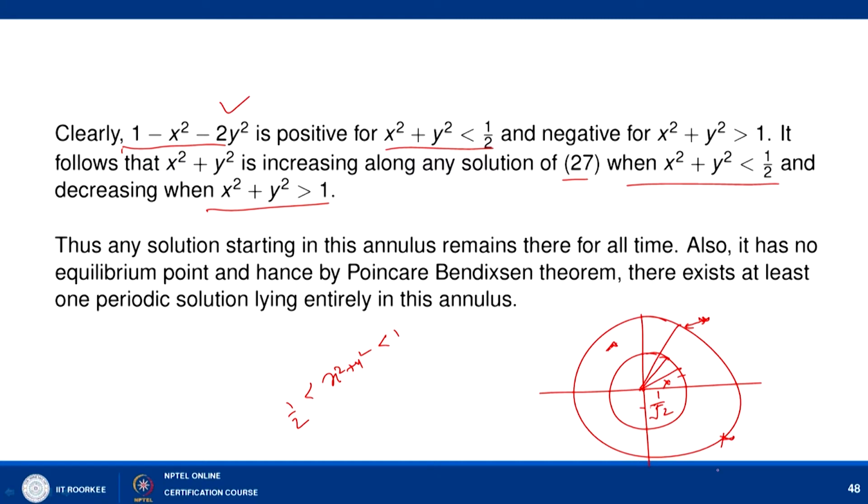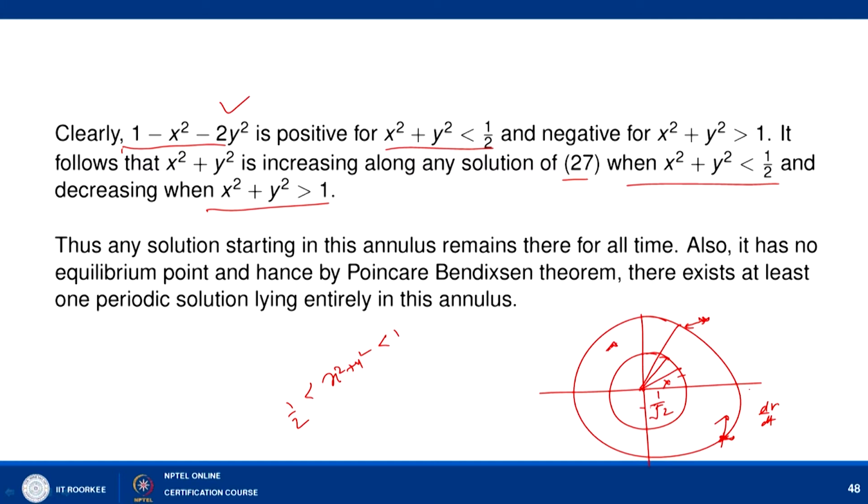if somehow this solution at some point is trying to cross this region, then as soon as it crosses, x square plus y square is bigger than 1, right, and as soon as it tries to move out of this region, then dr by dt will be negative